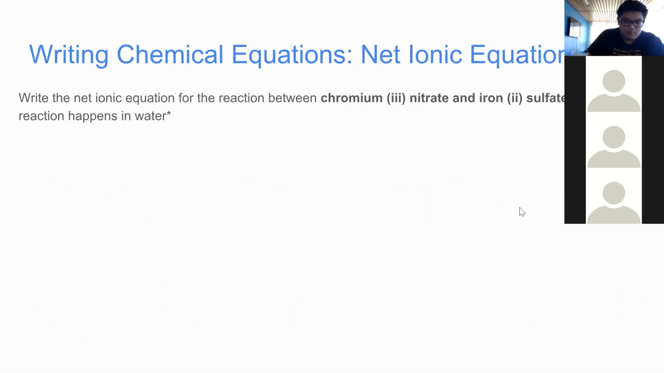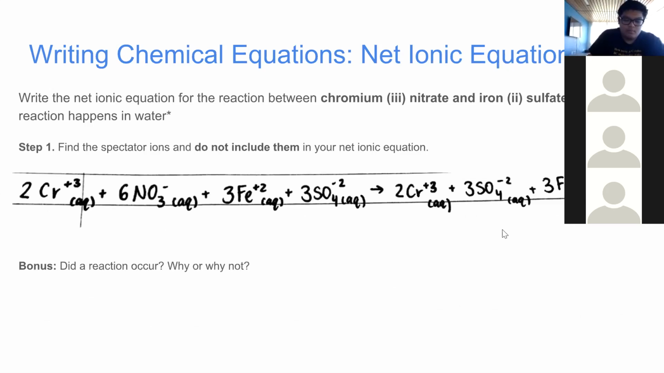Alrighty, so after we write the total ionic equation, we need to write the net ionic equation. And for this, you're just going to find spectator ions and do not include them in your net ionic equation, because those spectator ions are ions that didn't do anything in the reaction. They were the same at the beginning of the reaction, and then after the reaction occurred, they didn't change. And when we write the net ionic equation, we're focusing on what changed, we're interested in what changes in the